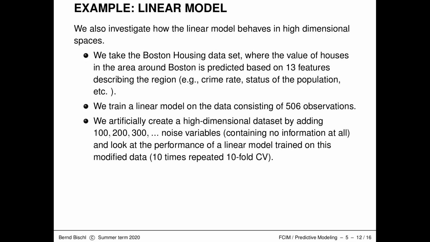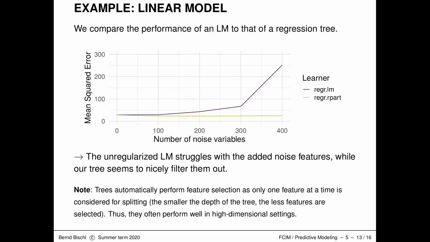And again, I'll measure expected generalization performance through 10 times repeated tenfold CV. And this is what happens with the performance of my linear model if I add more and more noise variables. And you can see that now my mean squared error increases to an unacceptably super high value, which I'm pretty dissatisfied with